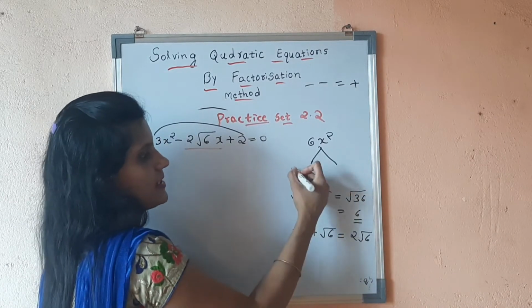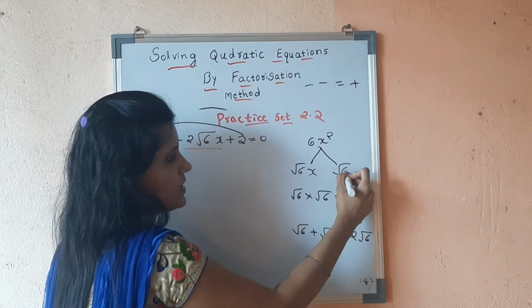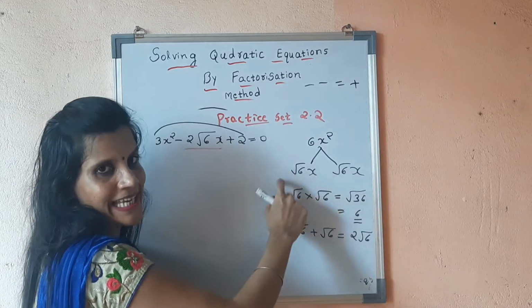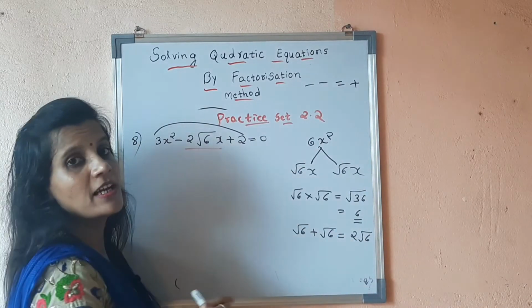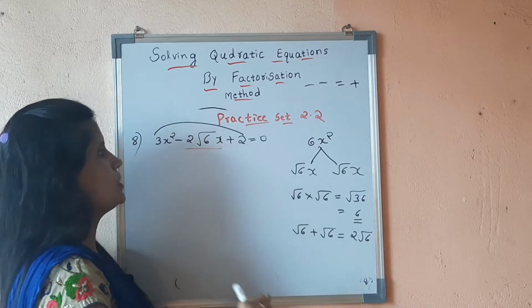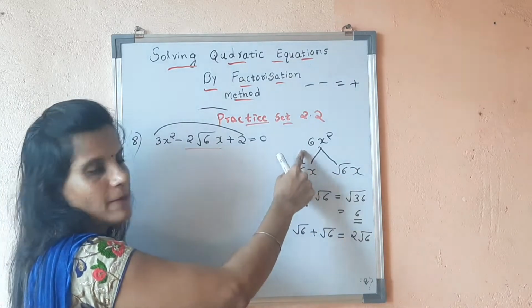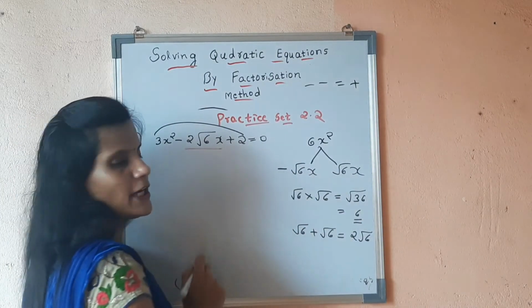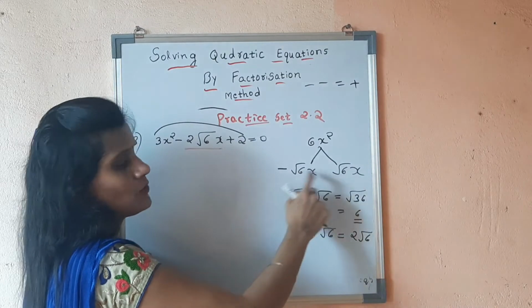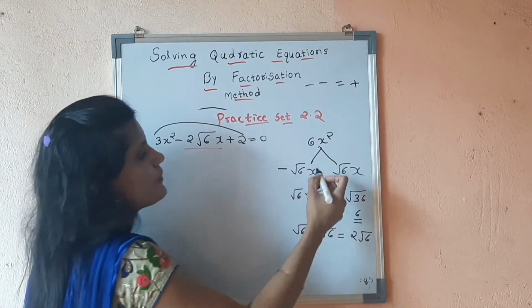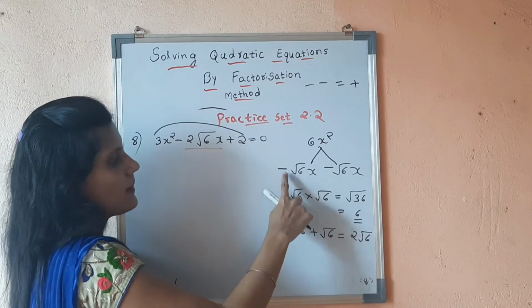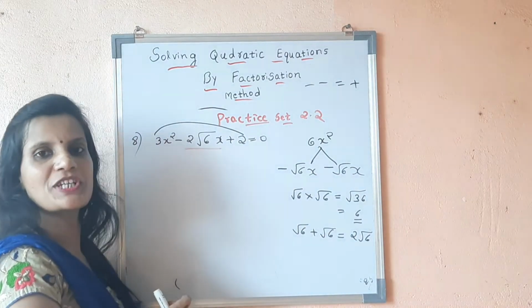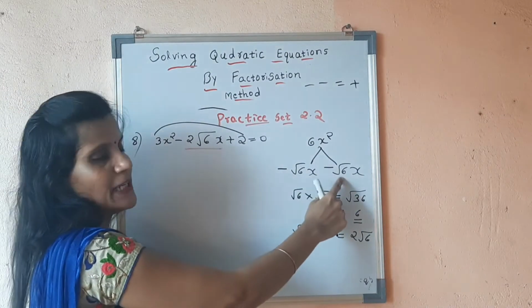So we will go for root 6x and root 6x. Now you got the numbers. When you multiply, you are getting 6x square, and when you add, you get 2 root 6x. Now regarding the sign, how to see? The sign should be plus when you multiply, and when you add, it should be negative. Suppose if I put one negative, what will happen? When you add, these will get cancelled, you will get 0. So if I put both negative, minus root 6x minus root 6x, it will become minus 2 root 6x, and when we multiply, you will get 6x square.